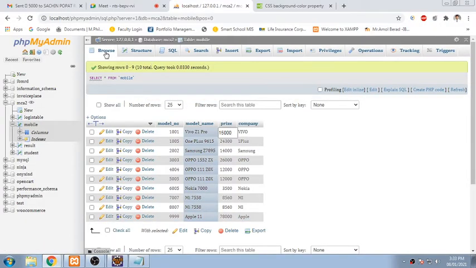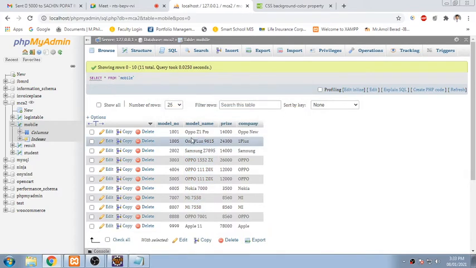So here I am browsing it again. So okay, it's 1001 Oppo Z1 Pro 14,000, and I have given name as Oppo new. So is it clear now? You can go for updation also. Yes. Any doubts?